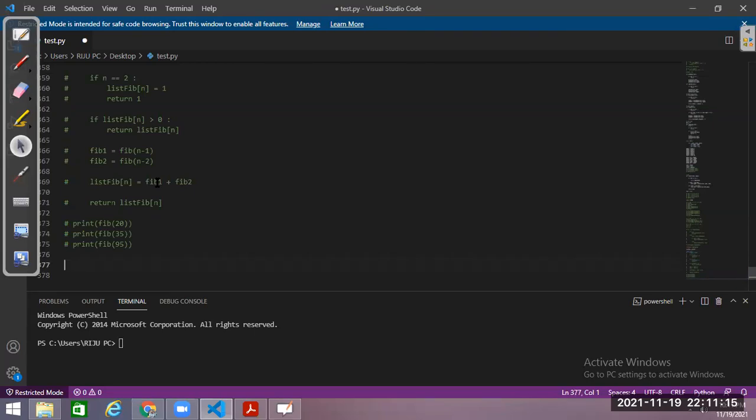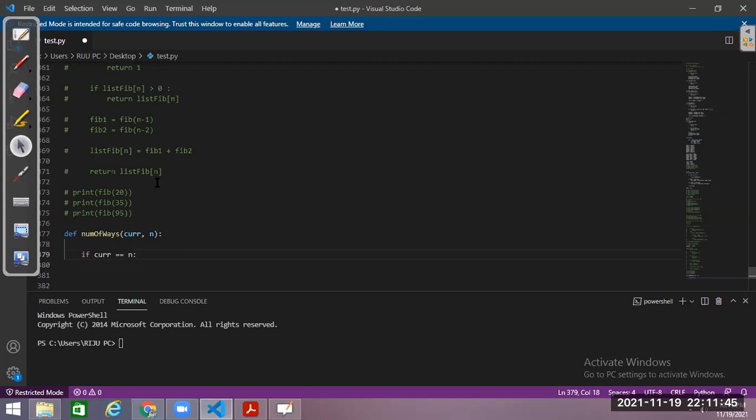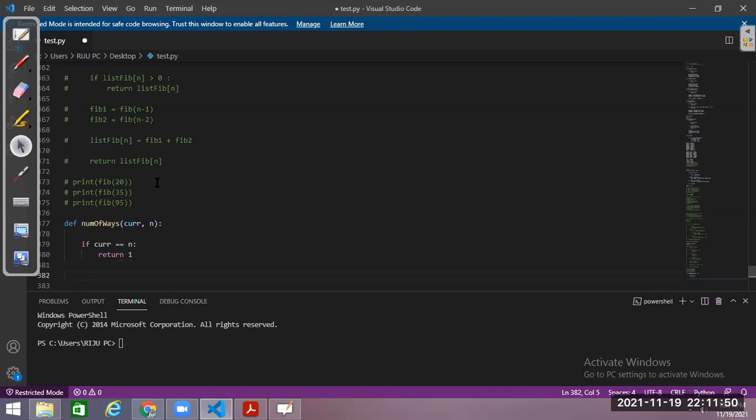So let's say def number of ways of stair. Let's say I want to reach the nth stair, and right now I am at the current stair. So what I can say: if current equals n, that means I have reached the nth stair, return 1. That means I have found at least one way to reach the nth stair.